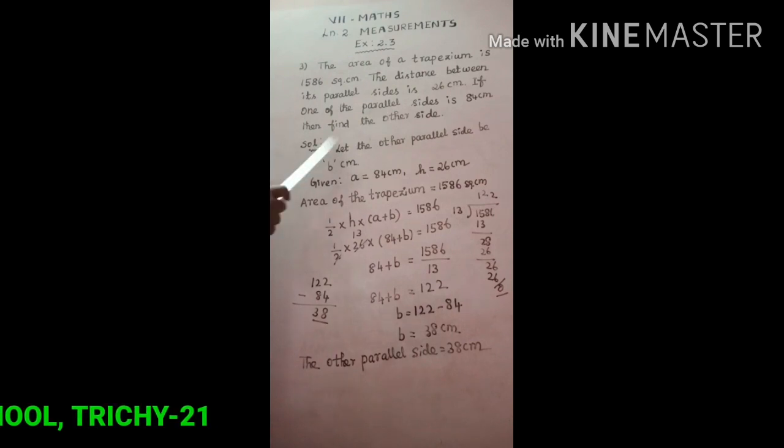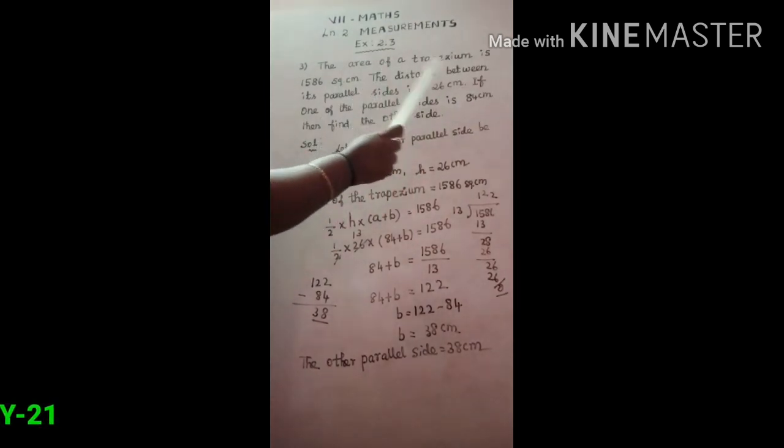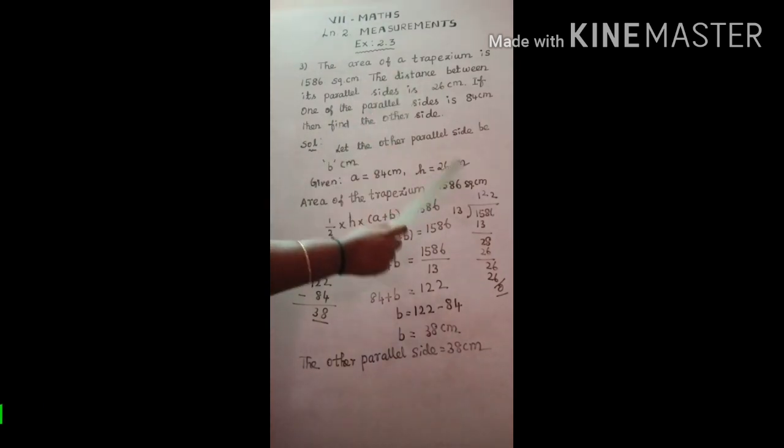Then let the other parallel side be B centimeter. Already given one parallel side A is equal to 84 centimeter. Then the distance between its parallel sides is height, that is 26 centimeter. And also given area of the trapezium is equal to